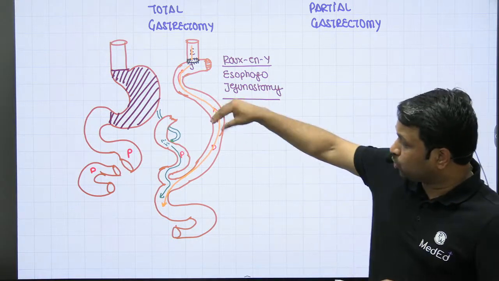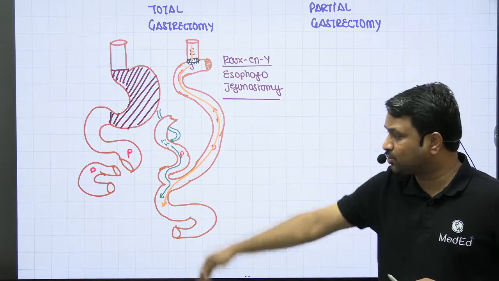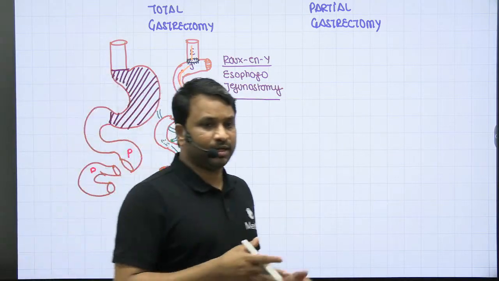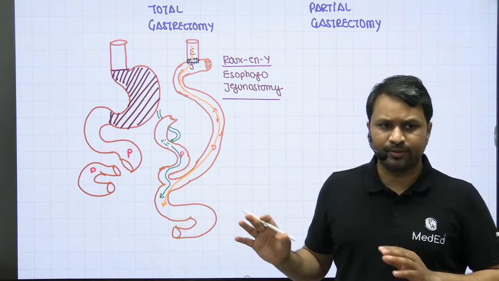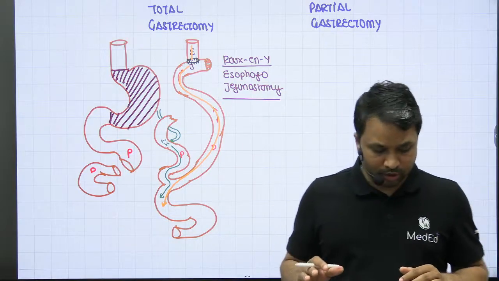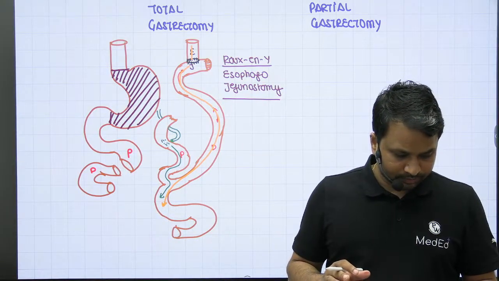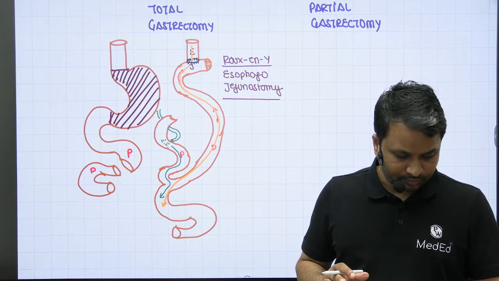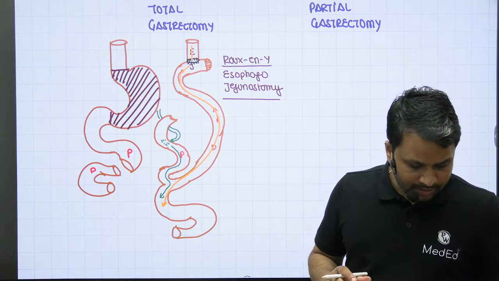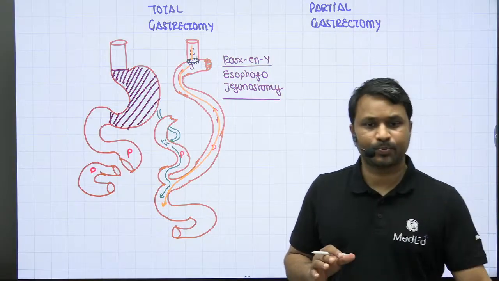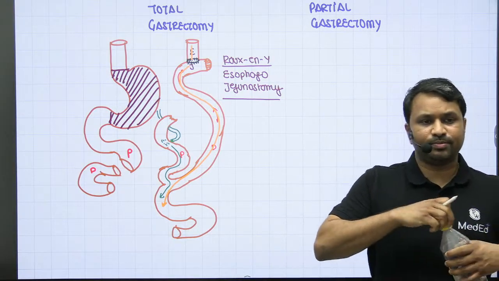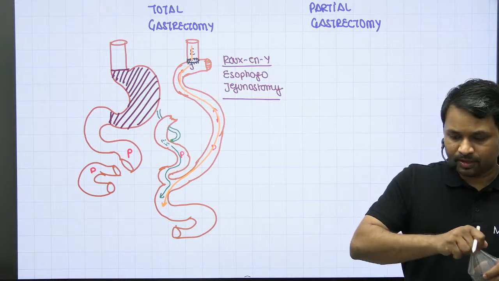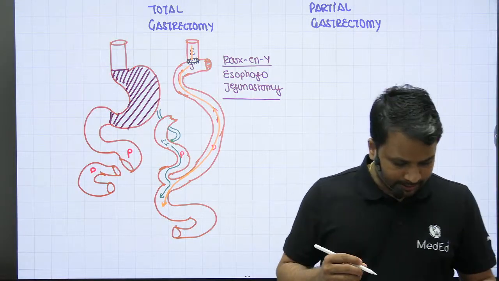So you have created two limbs. One is called the biliary limb. Another one is what we call the food limb. And together they move together, and then it just goes in, right? So this is what you do in a total gastrectomy. Clear, guys? Okay. So Roux-en-Y is important when you do a total gastrectomy. Now, what changes in a partial gastrectomy is,